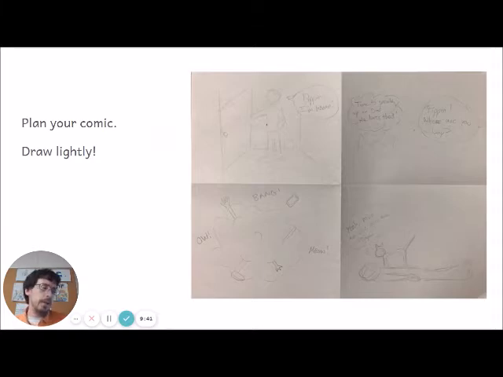And then you're going to plan your comic. And y'all, I'm going to suggest doing this with a light pencil, sketching it really lightly just to make sure everything is going to fit. Because our boxes are kind of small and you want to make sure you have information in every box. You might want words or speech bubbles like that when they're talking in every box. So sketch it out lightly.